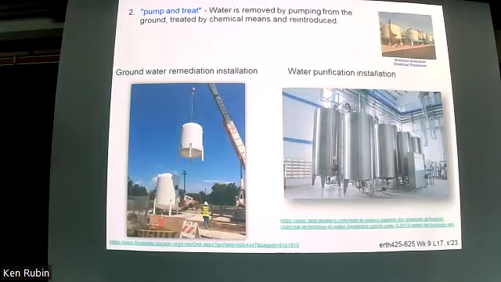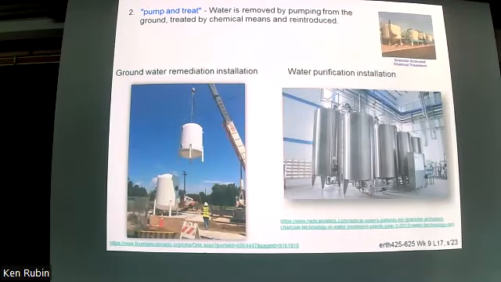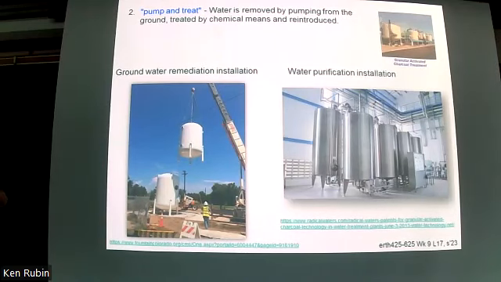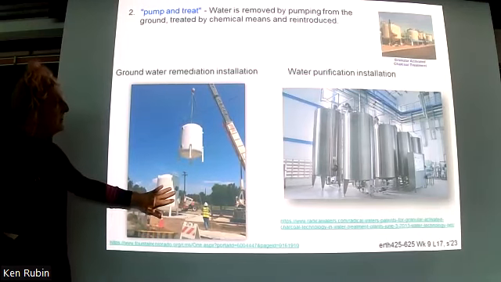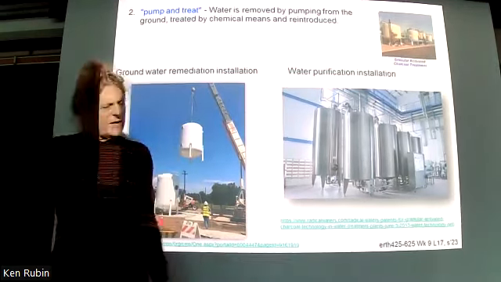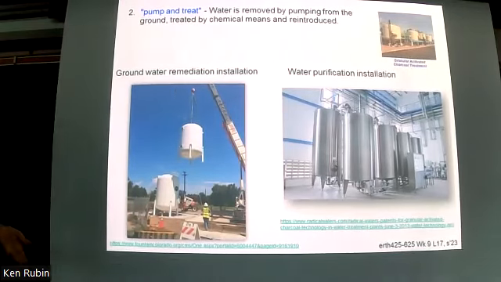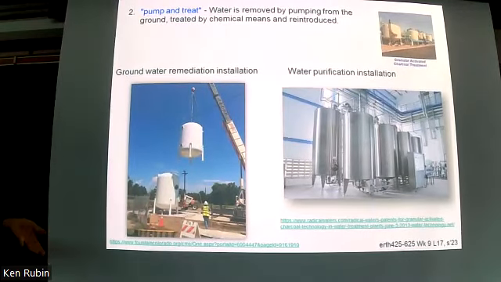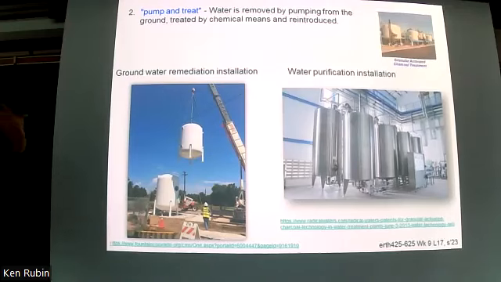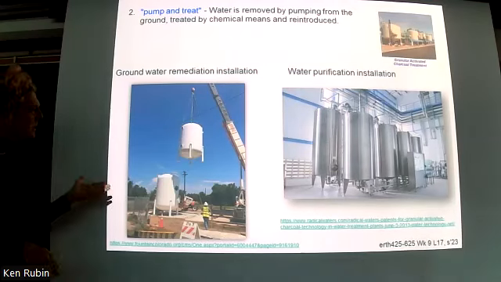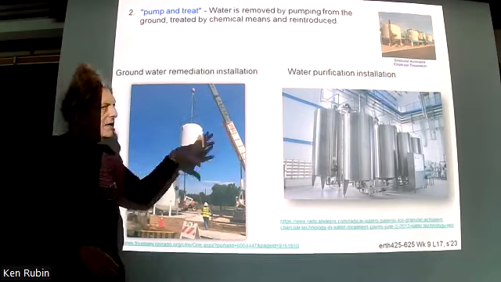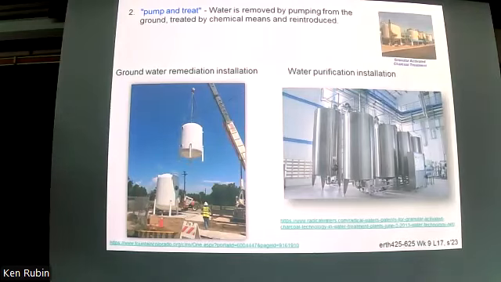So the pump and treat method, which I mentioned before, this is kind of what it looks like in reality. These are three different examples of tanks being installed, some right on the surface, as well as these, housing and pumping water into the subsurface. That can either be pure water or water with chemicals added that will help remove contaminants. That water gets pumped up in a closed loop into reaction chambers. The reaction chambers do their job, and then that water gets reintroduced into the subsurface as a cycle to sort of